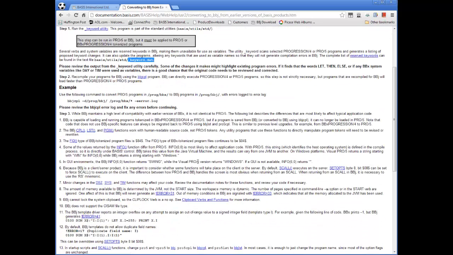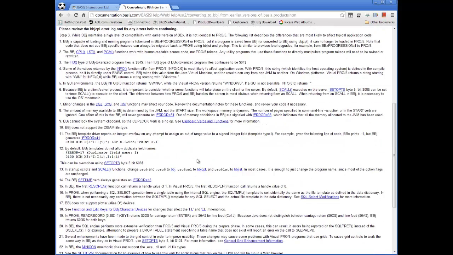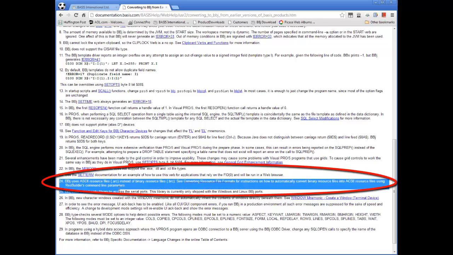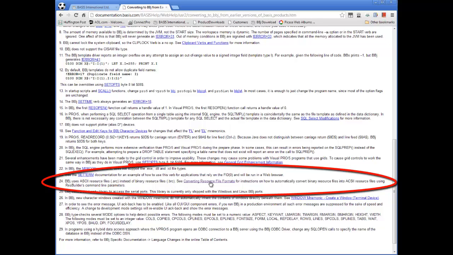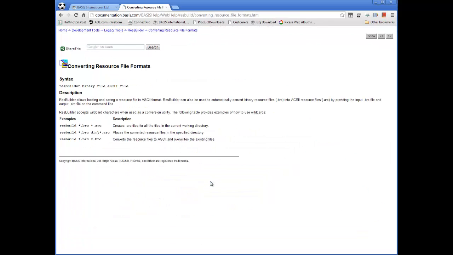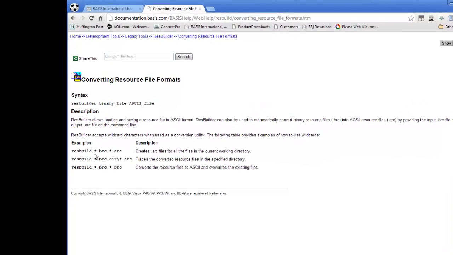Lastly, step 3 is just to review some notes, some warnings, some considerations. There are 29 of them, but the only one that's really important for Visual Pro 5 is this option number 24, where we tell you that BBJ uses the ASCII resource files, the .arcs, instead of the .brcs. And if you go and have a look at converting resource file formats, you can automatically convert your binary resource files into ASCII using a single command line. So using this resbuild command line, you can convert